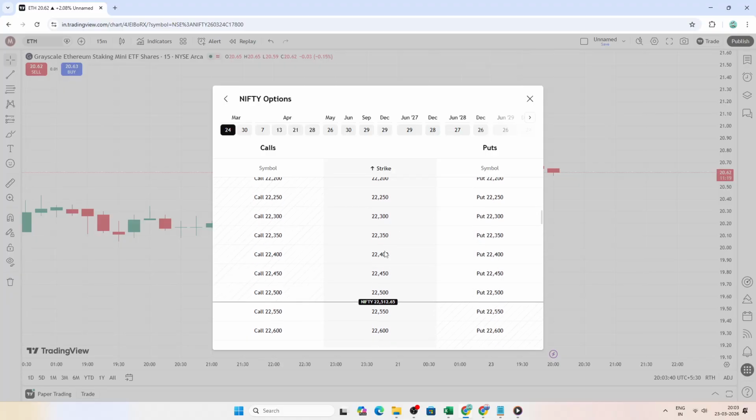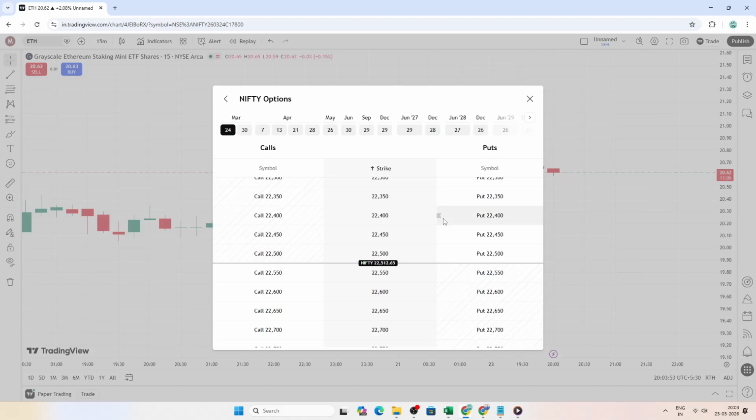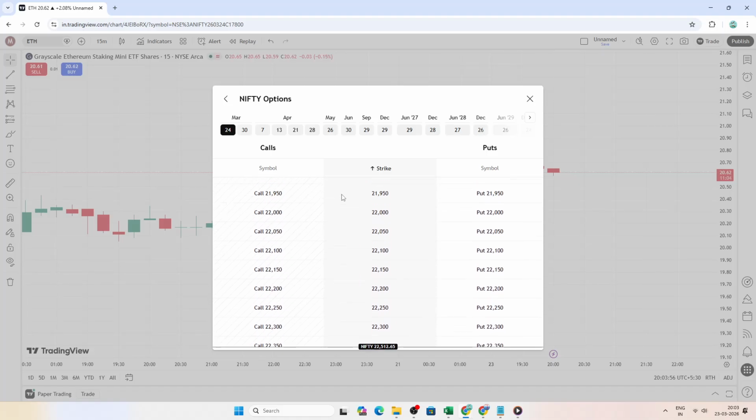Inside this options view, you'll typically see contracts grouped by expiration dates and listed by strike price. Calls and puts are shown separately, so it's easy to switch between them. This layout is helpful because it mirrors an options chain, allowing you to quickly compare strikes and expiries before you